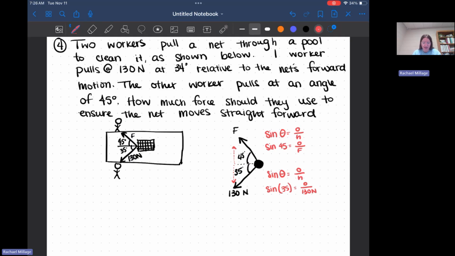We're going to end up taking sine of 35, which is 0.573, times 130. So this gives me my opposite is 74.56 newtons. So I know now if I'm going to redraw my free body diagram and splitting this into x's and y's, I've got 74.56 newtons